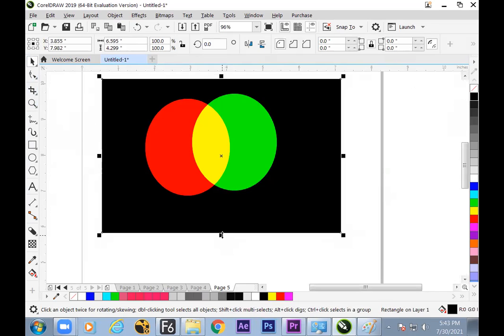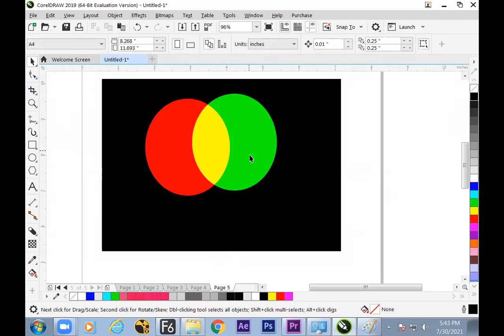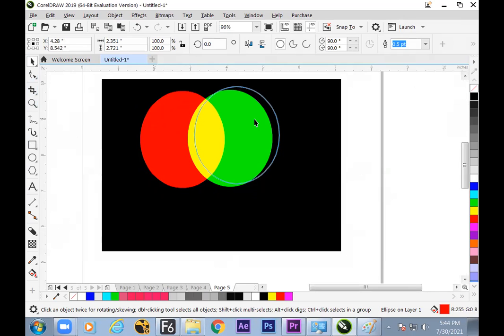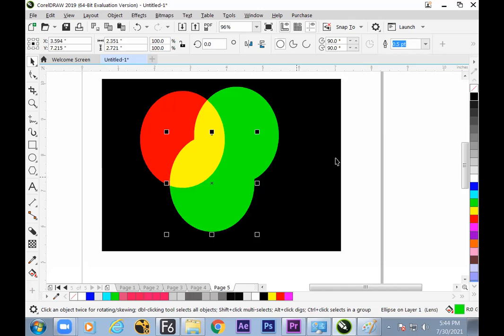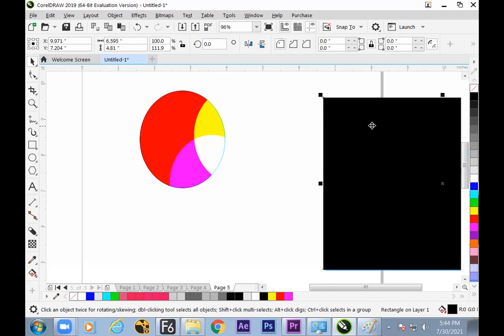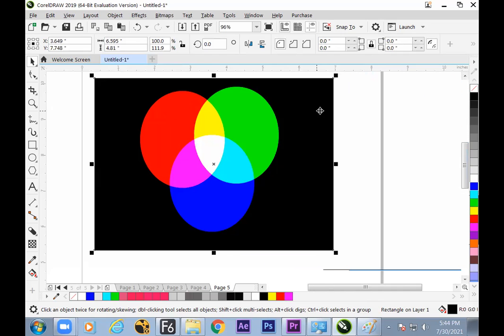Okay? And this operation can be done in the transparency window. So RGB color theory, primary color, secondary color. Exactly the same way, we can mix the blue color to form the white in the middle, and the cyan color and the magenta will come into the picture. But a condition applies: your backdrop should be black. If white is there, then it mixes with the white to show the white color.